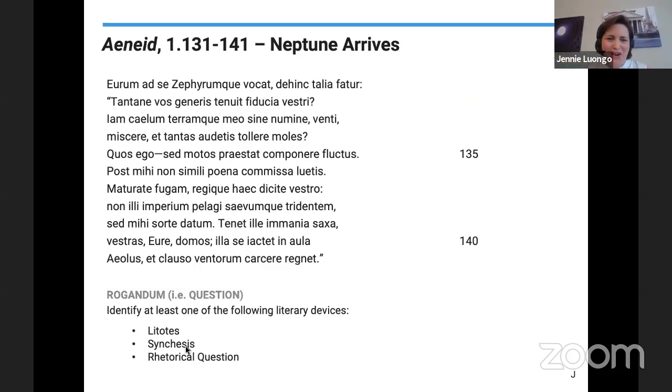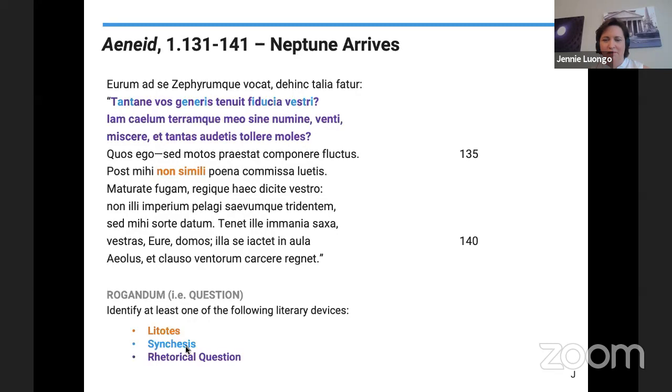All right, so we're going to take a look at this next section where Neptune takes control with this speech. And so we want you to look through this section that has the speech of Neptune and look for litotes. Okay, so there are a couple of words that you might key on for litotes. Non is an obvious one. Haud sometimes also. Synchysis, that ABAB word order we want you to look for. And then a rhetorical question or rhetorical questions. What would you look for there? Pretty easy to spot because you're going to get a question mark, with no answer, right? Yeah. Right, exactly.